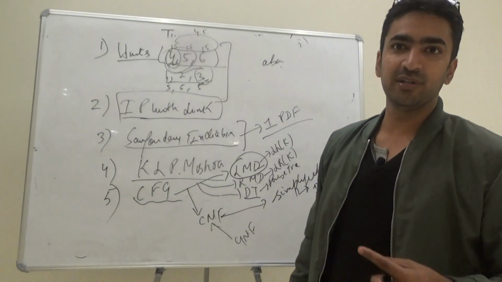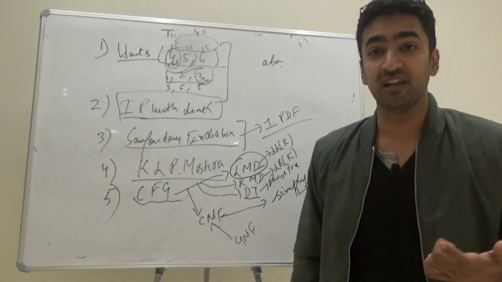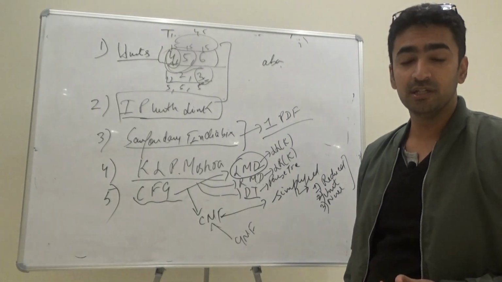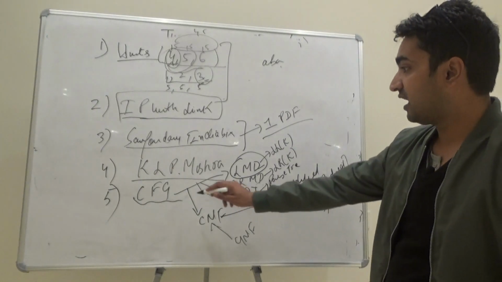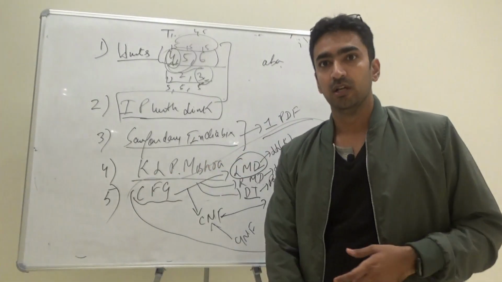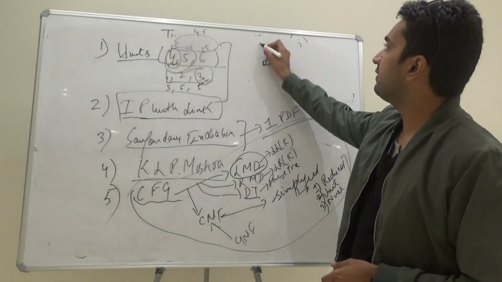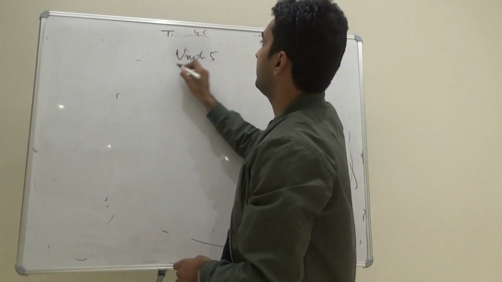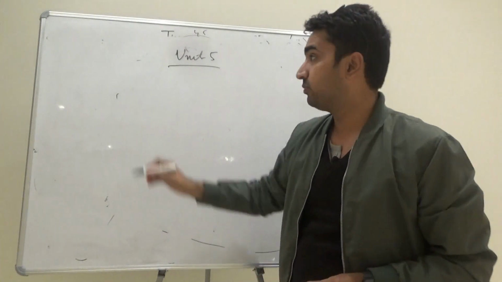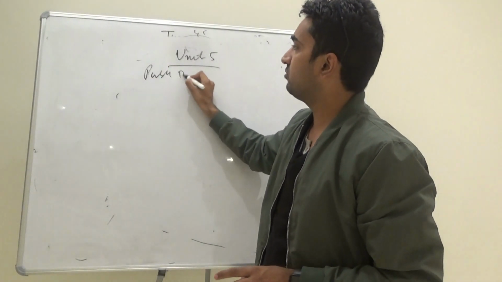If I want to tell you the important topics out of it, there are many topics that are very much interlinked with one another. Tough to tell you, but these are the very important topics that you need to cover in unit number 4. Now if I talk about unit number 5, your unit number 5 is entirely based on pushdown automata.